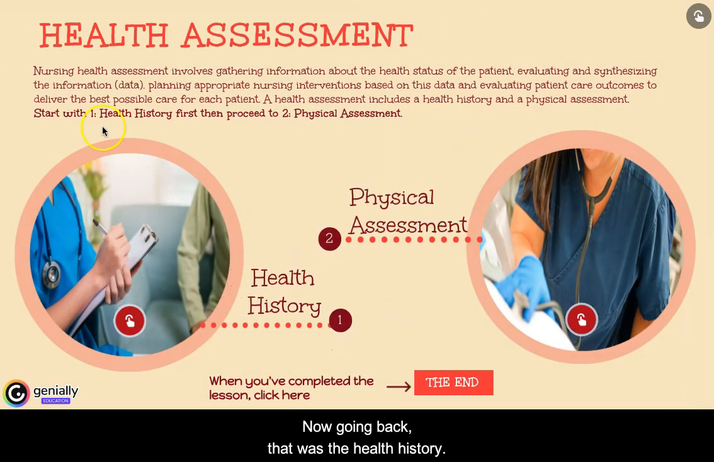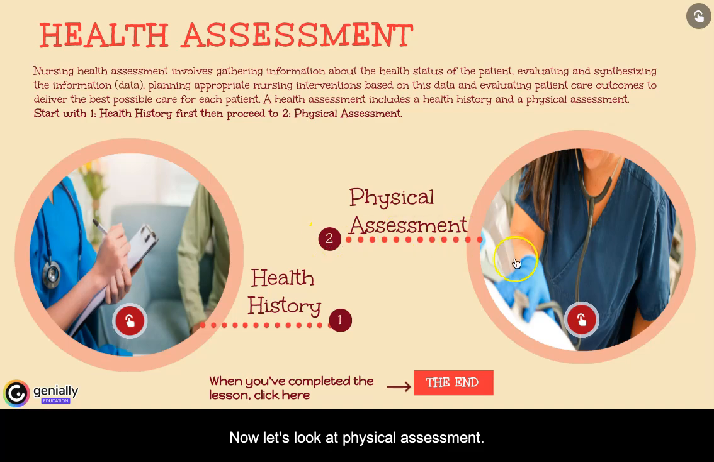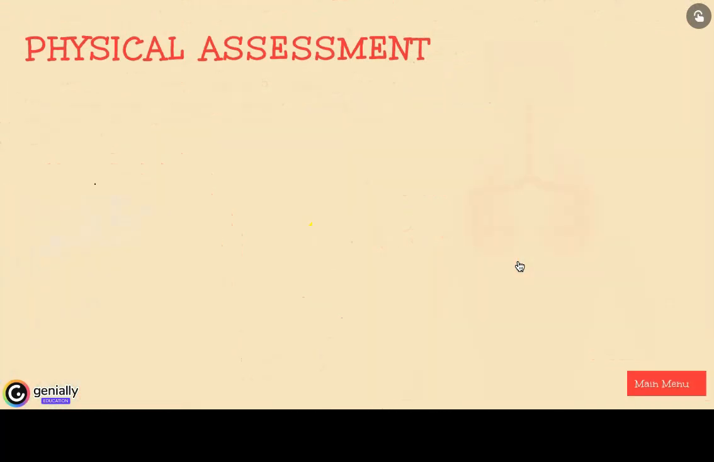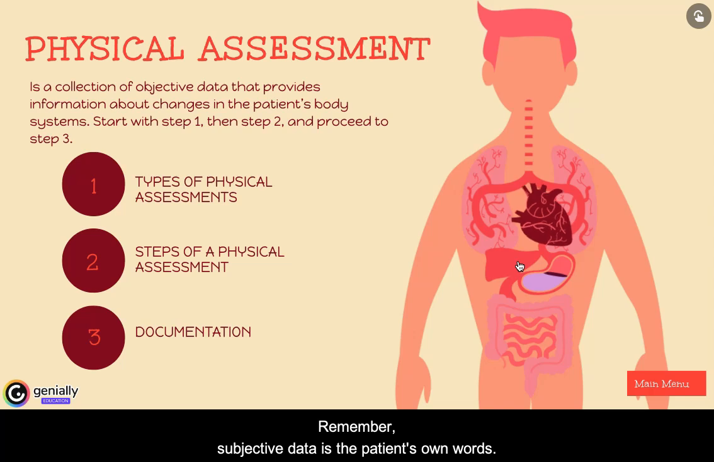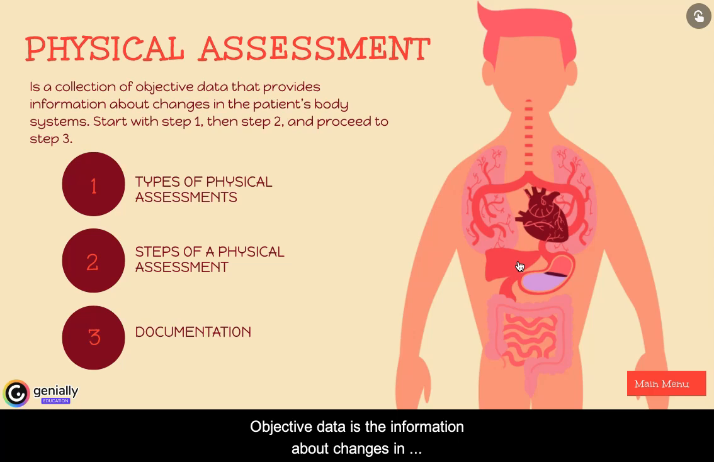Now, going back, that was the health history. Now let's look at physical assessment. What is physical assessment? It's basically a collection of objective data. Remember, subjective data is the patient's own words. Objective data is the information about changes in the patient's body systems, and it should be done in a very